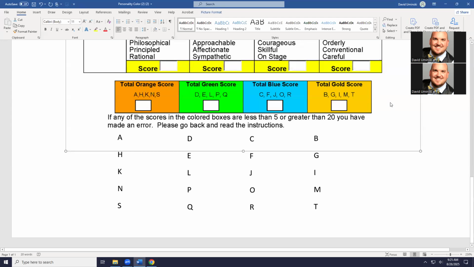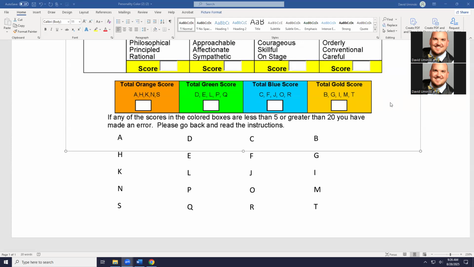Now after you have done rows 1 through 5, numbering those groups of words 1 through 4, you're going to take the number that you put in each of the specific boxes and add them up to get your total color score. It's kind of hard to see with the text being so small, so I wrote it up here on the screen. What I recommend you do is you write it